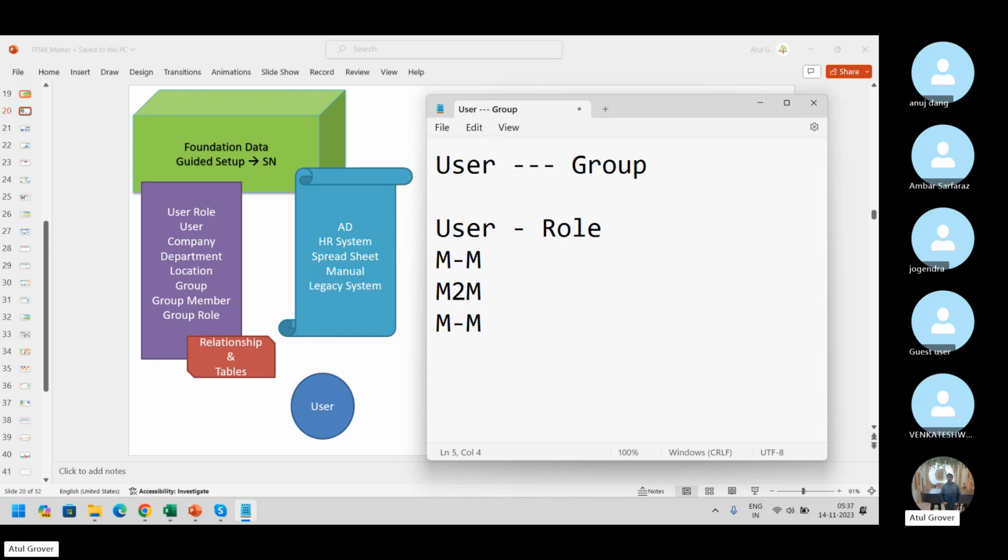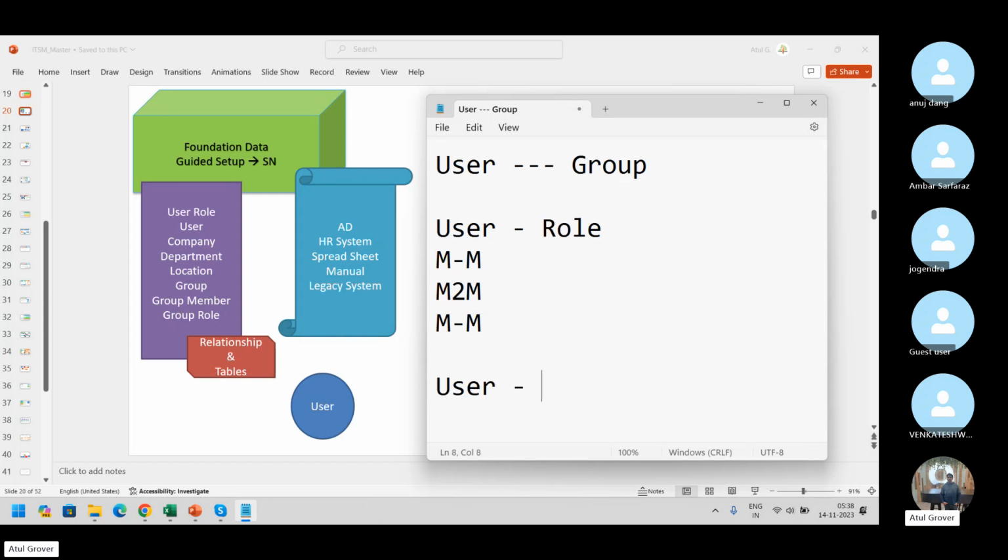You will get this with the table name M2M. M2M incident, M2M task kind of tables are available in ServiceNow, which you can find. But the key area to understand here is, what type of relationship is there between